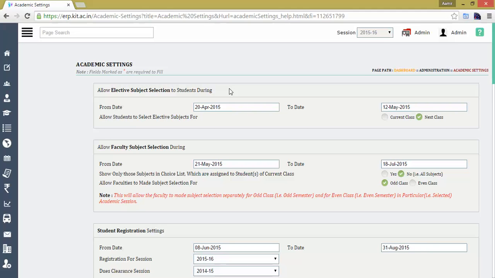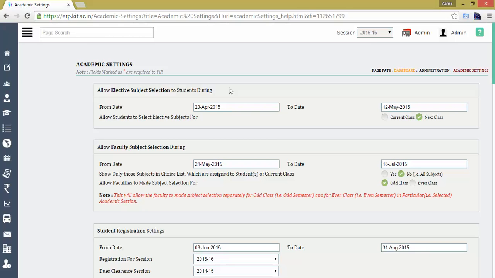This section is basically dedicated to students, where the authority can allow the student to select or submit their choice list of the elective subjects for a particular semester, that is an odd semester or an even semester, between a date range.